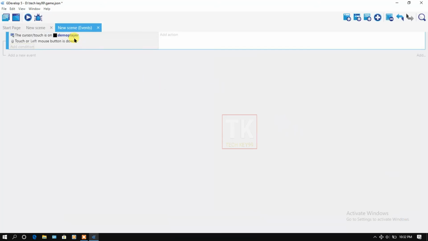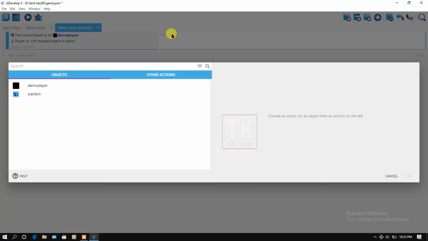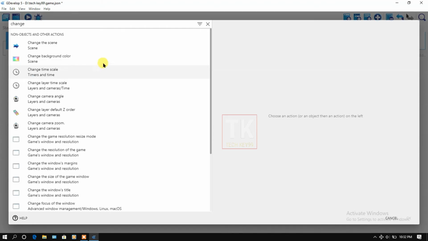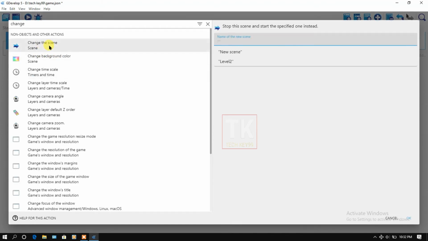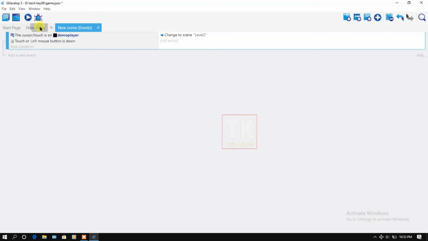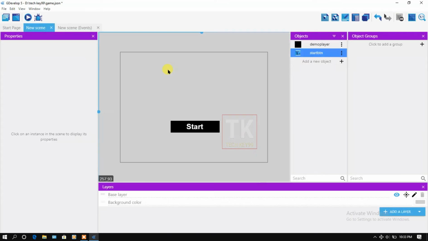If someone clicks on the demo player button, then what will it do? Add action and type here change the scene. Change the scene and level 2. Scene number 2. OK. If someone clicks on this start button, then the scene will be changed.